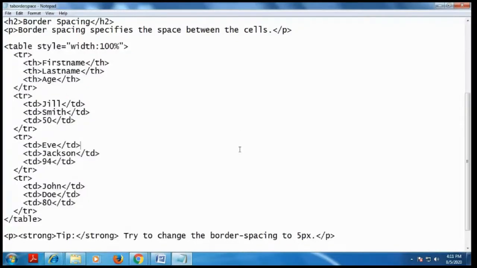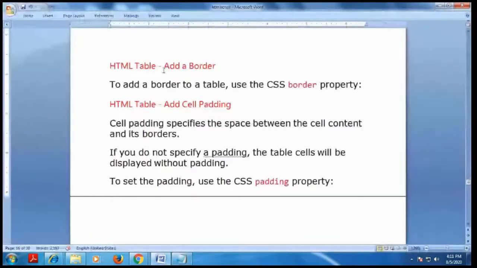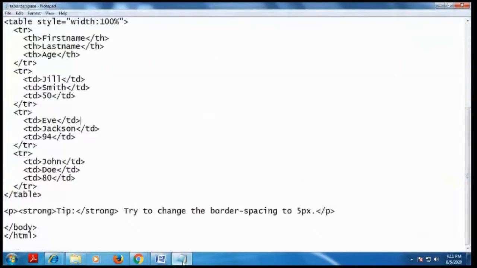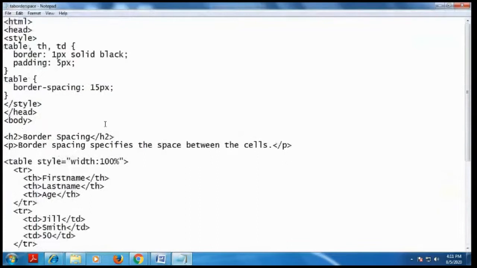Here I already told you there are a number of attributes. The first attribute is border. What is the border tag? I have to apply CSS, cascading style sheet. CSS is used to style HTML web pages.